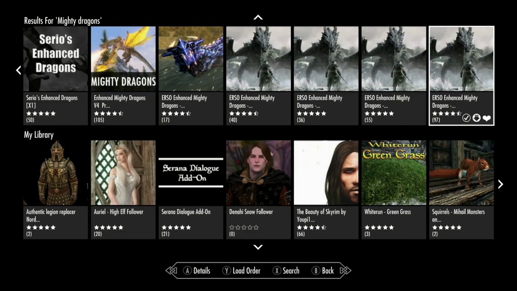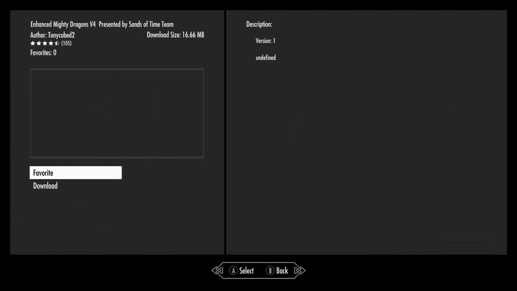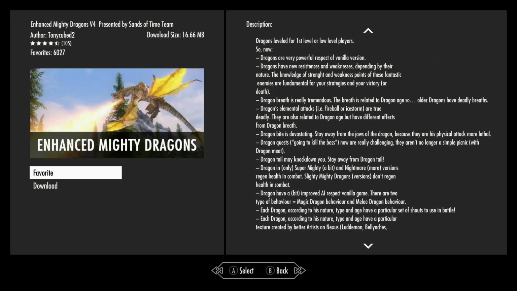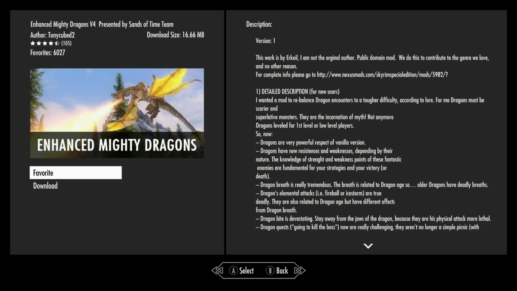Hello. So you might be aware that there are some Mighty Dragon mods, and I used to use this one, the Enhanced Mighty Dragons, and this was done by the Tony Cubed 2, which I think was part of the Sands of Time team. I thought that's what it said, but oh well, I'm not sure anymore. Anyway, regardless of that, it made your dragons a lot harder, and you could really have some long, drawn-out 10 or 15 minute